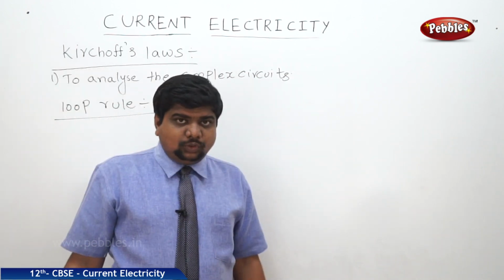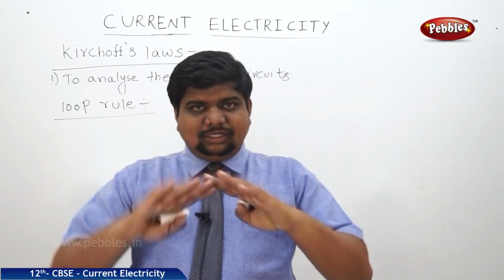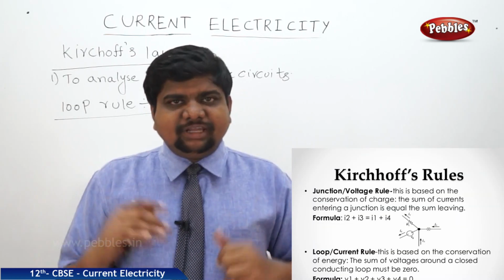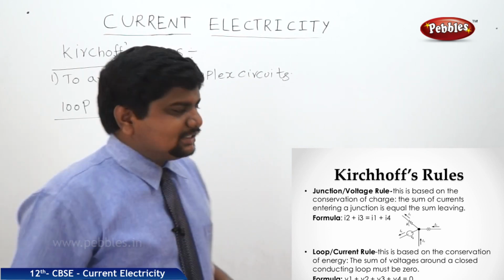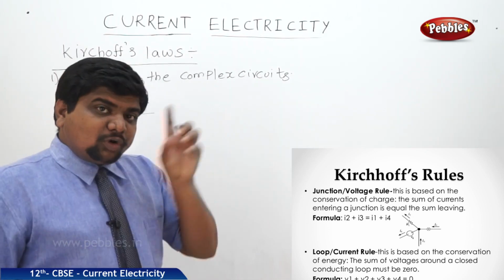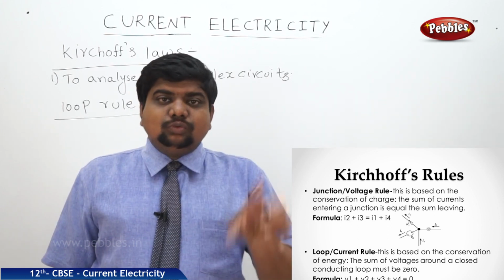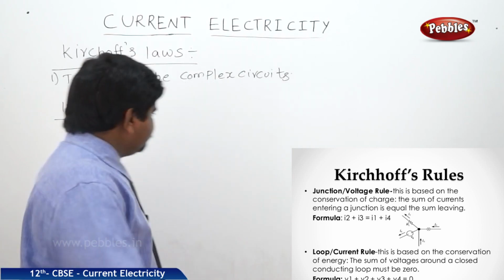What is the loop rule? It means resistors and cells are connected in a loop structure, where we are minimizing the construction of those in a loop way. So what is the loop structure rule? It will be like this. The algebraic sum of the potentials around any loop which includes resistors and cells is equal to 0.